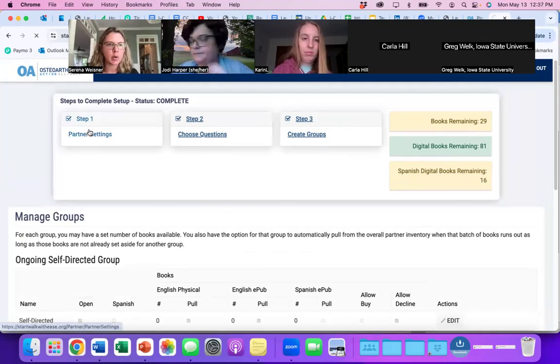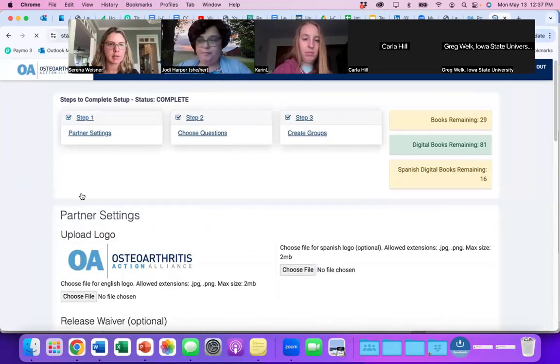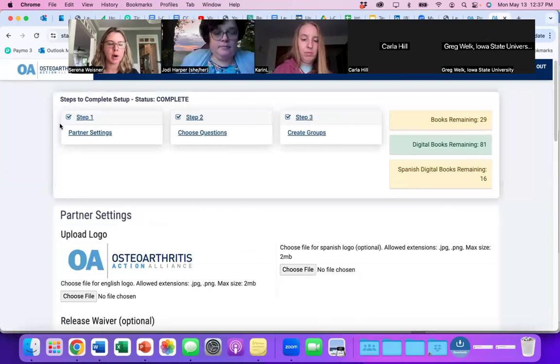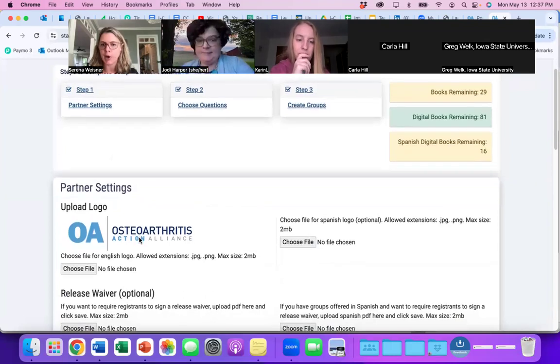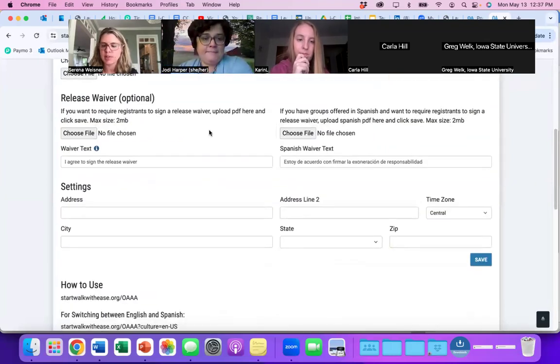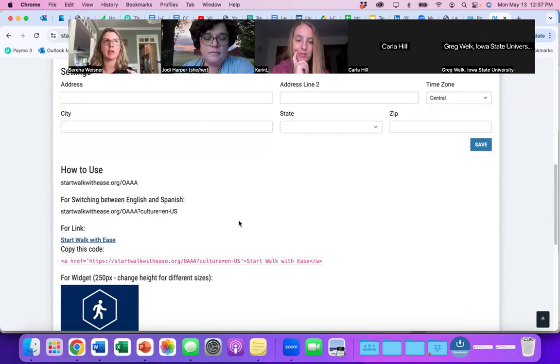I've gotten a lot of questions about URLs lately, so I'll go over here. In step 1 of the partner settings, this is where you can upload your logo and those types of things, release waivers if you're using them. This can be a little bit confusing. If you're doing both a Spanish and an English portal, you can't just